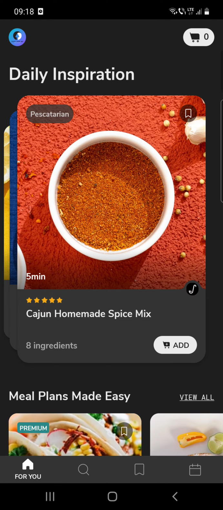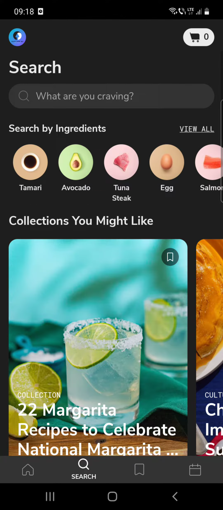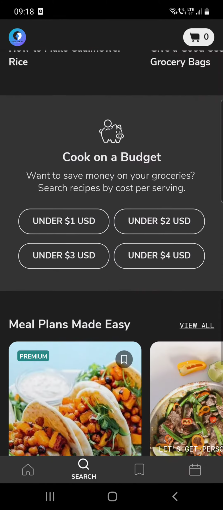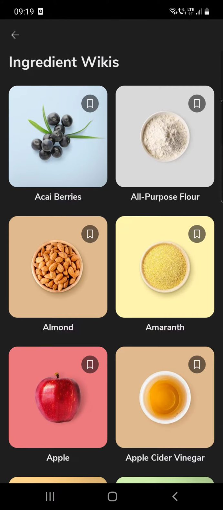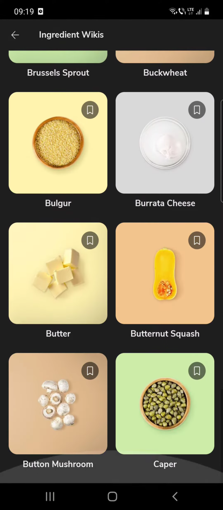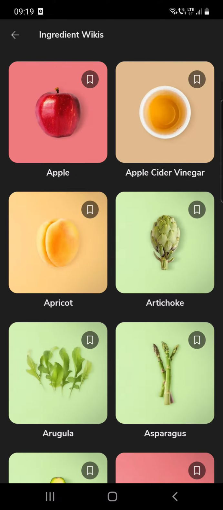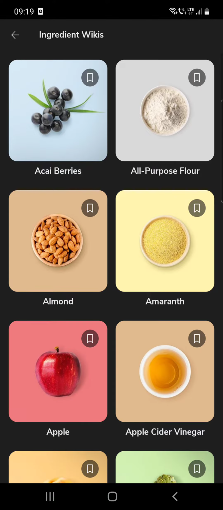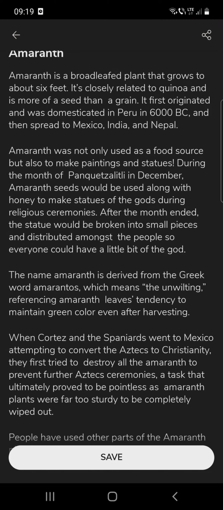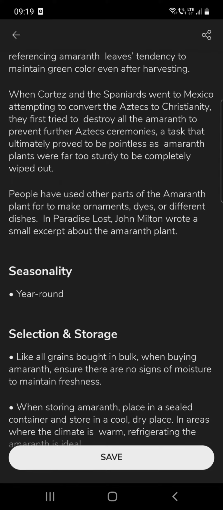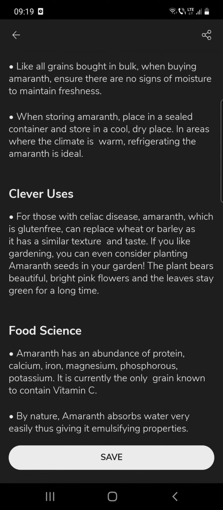So first open the app, and after that click on the search button, which is at the bottom of the screen. Then scroll down and you can see the explore your favorite ingredients section. Learn more about the ingredients you cook with, and here you can see a list of ingredients. And then if you click on that, here you can see information about this ingredient, selection, storage, clever uses,